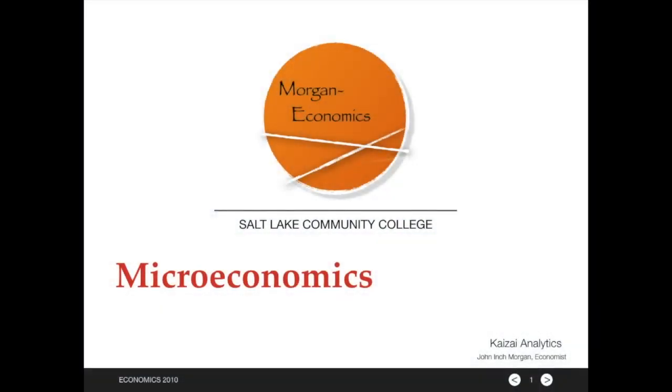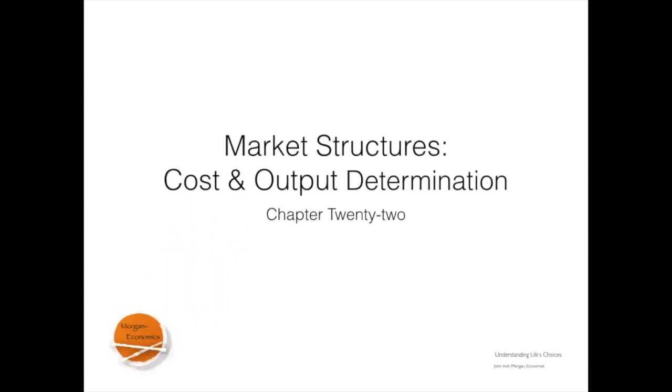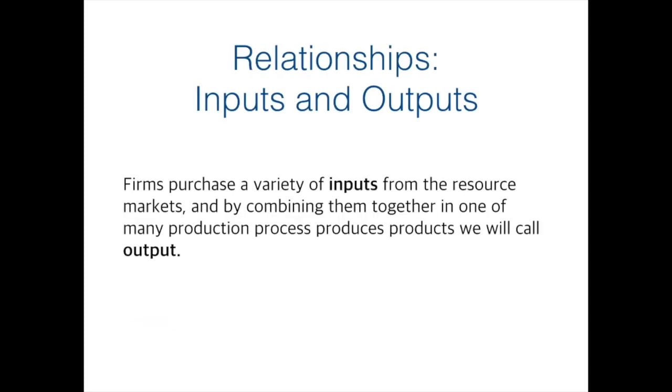This video covers material in Chapter 22 where we explore the competition of resources and the cost of production. Production inputs are classified into the broad resource categories of labor, land, capital, and entrepreneurship. Each of these resources are offered to producers of goods and services in markets where firms of various sizes compete to purchase labor and raw materials, which when combined together in a production process contribute to the market supply of